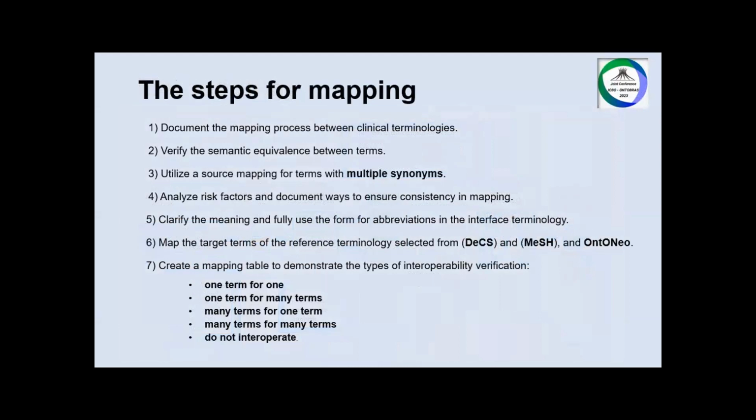First, document the mapping process between clinical terminologies. Second, verify the semantic equivalence between terms. Third, use a source mapping for terms with multiple synonyms. Four, analyze risk factors and document ways to ensure consistency in the mapping. Five, clarify the meaning and fully spell out the form of the abbreviations in the interface terminology. That is a problem. We found